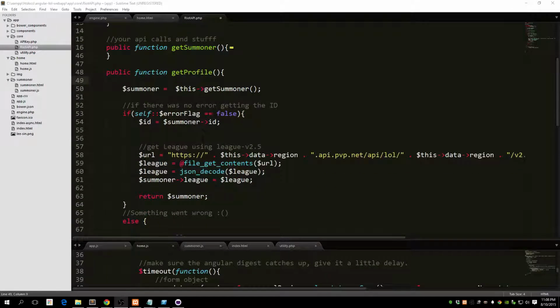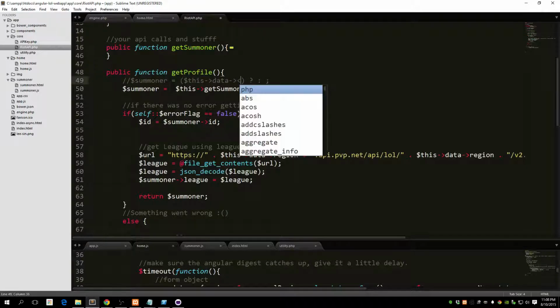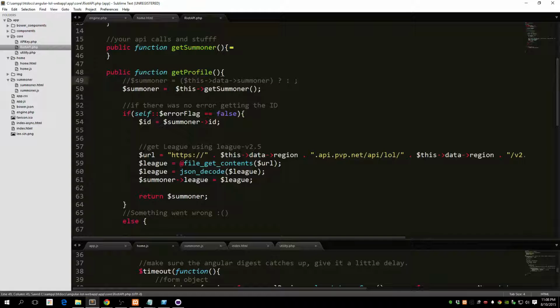So let me show you how the shorthand for if else condition works. Let's say we wanted to define a variable. Right here we got this variable, and before we set it, we want to check for a certain condition. So in the parentheses, that's the condition I'm going to check for. What I'm going to look for is that summoner part of the object. I'm going to say if this data summoner,